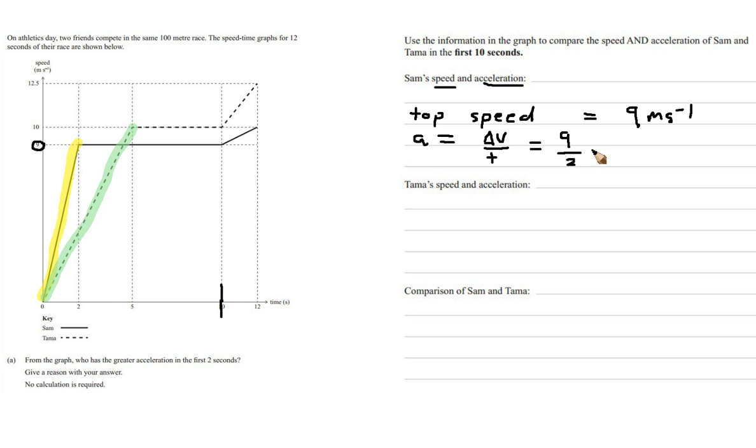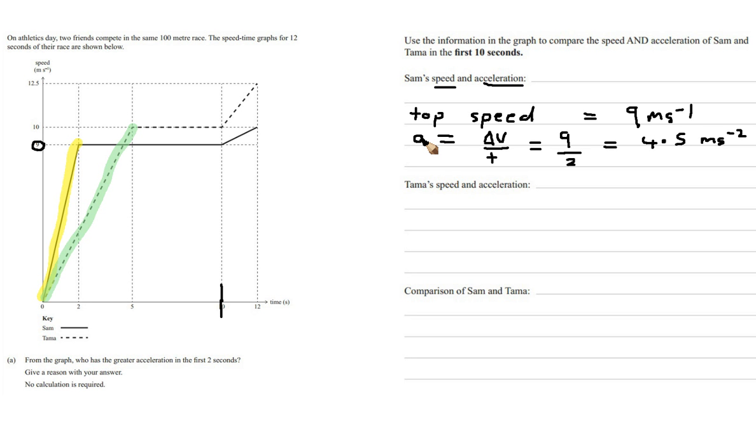Alright, so that means he accelerates at 4.5 meters per second squared. That is his acceleration. So now we should put that into a sentence, and if we fully want to describe it,